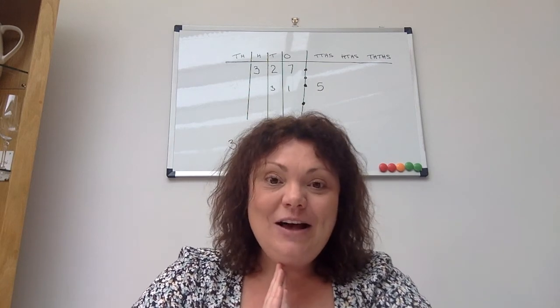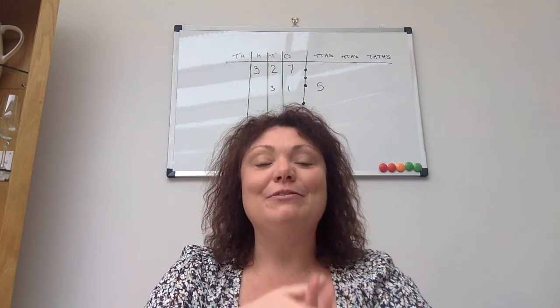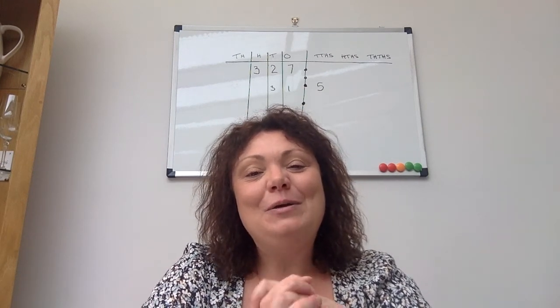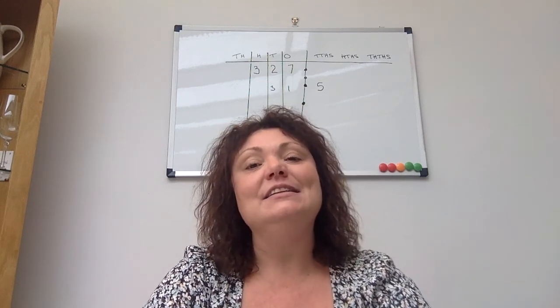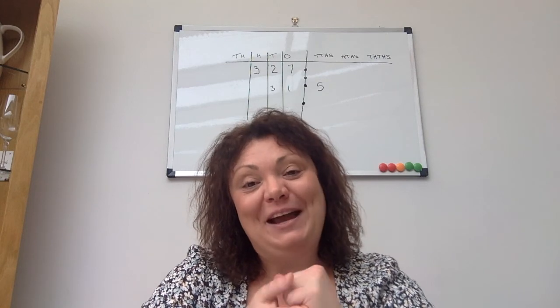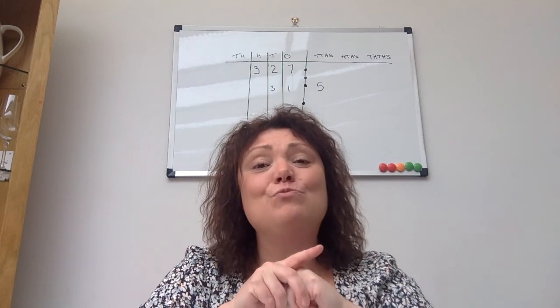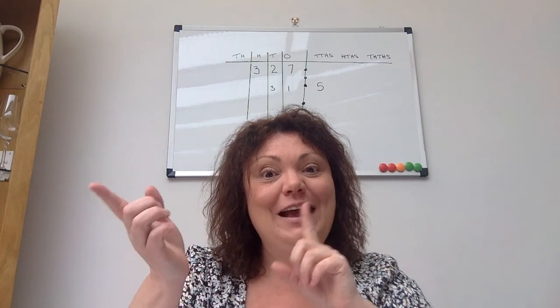Okay, so what we are looking at today is dividing by tens, hundreds and thousandths. Now I say last week, but you know it's the week before half term. So the week before half term, we multiplied by tens, hundreds and thousandths. So today we are dividing. So this is just the opposite of what we did for multiplying. So you should be superstars at this. I know a lot of you did really well with the multiplying. So dividing is the same, but the opposite way.